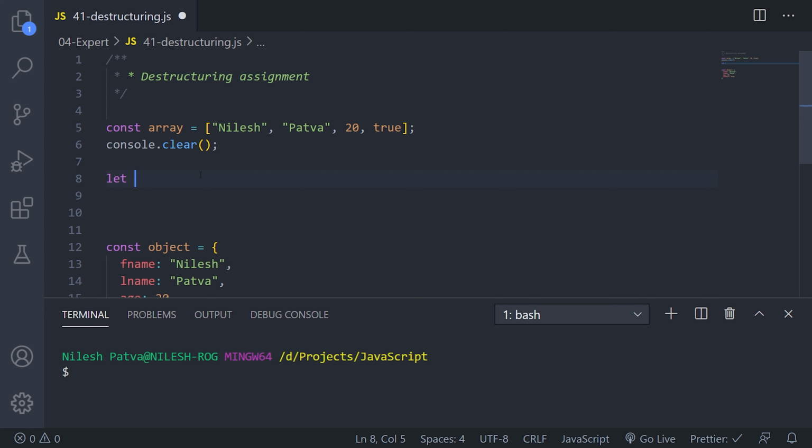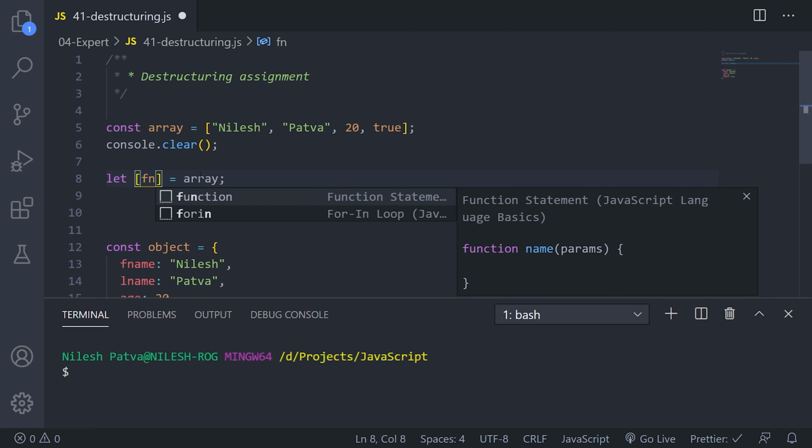So I will create one variable here, not one variable. I'm not creating a single variable. I am basically going to create multiple variables. So we will come back to this later, but we'll add an empty array here, and then I'll assign the array on the right side. So what happens? Basically, I can write whatever variable I wish here. So it will pick index-wise. So let me show you.